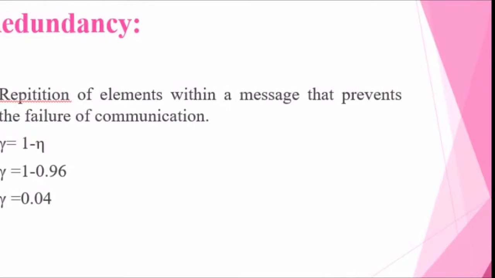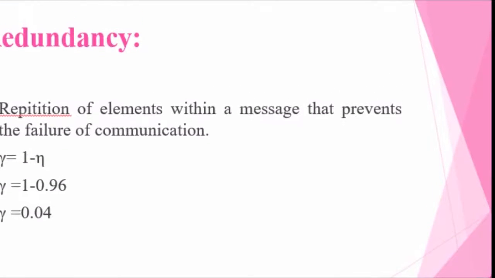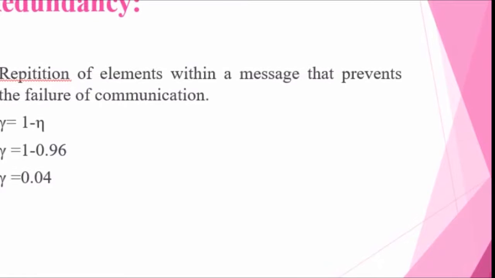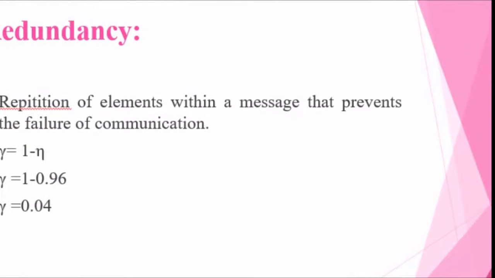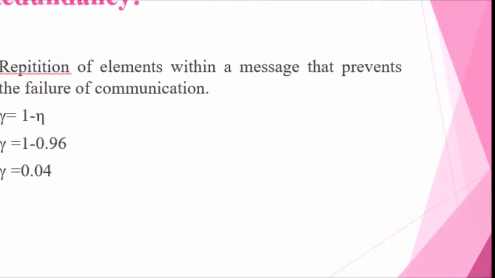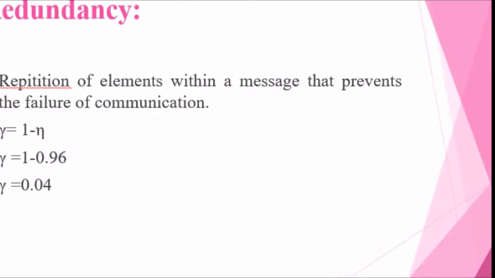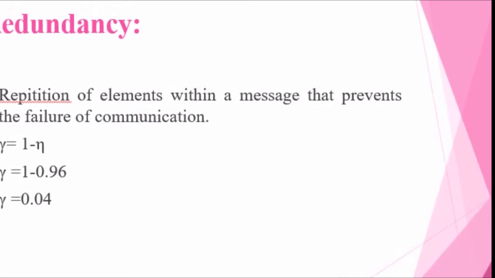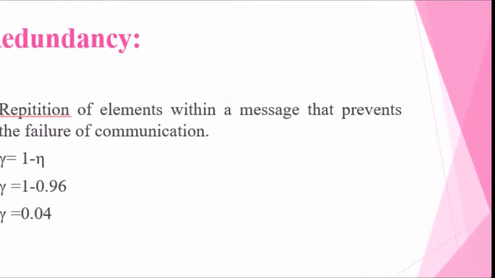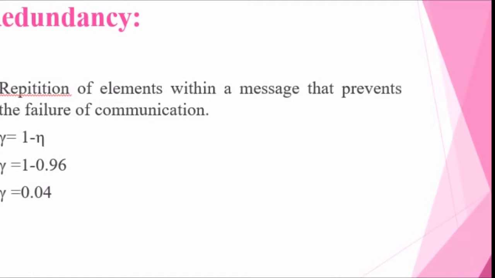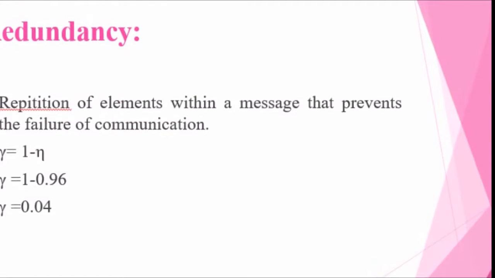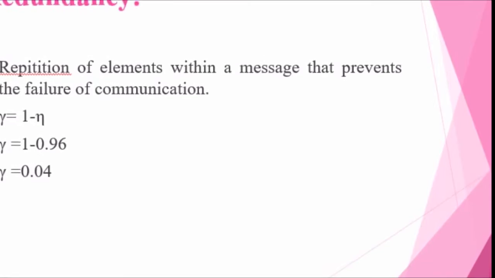So in this problem, the first step is to arrange the probabilities in descending order. Second step, stage 1, stage 2, and so on, we split into stages. Step 3, we find the code word length, and in step 4, the average code word length L dash and the entropy. From this we can find the code efficiency, and then we can find the redundancy.